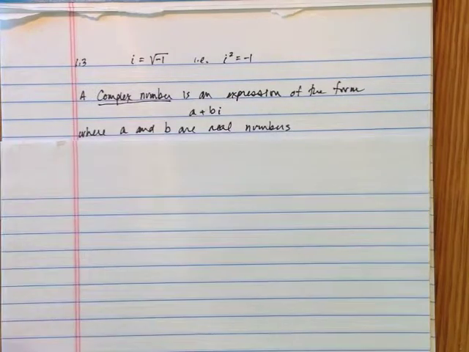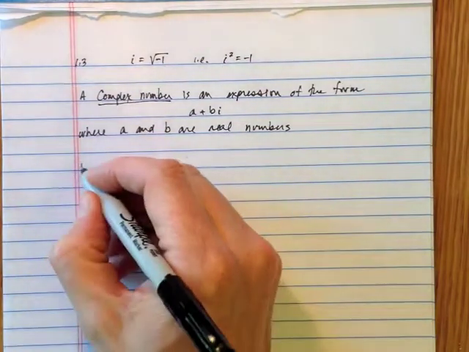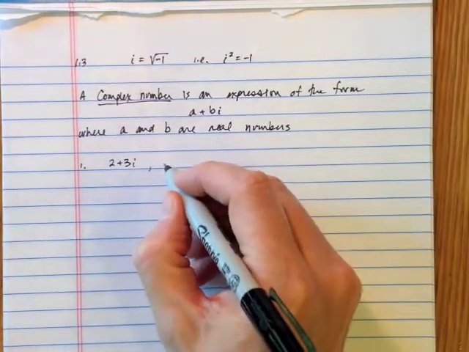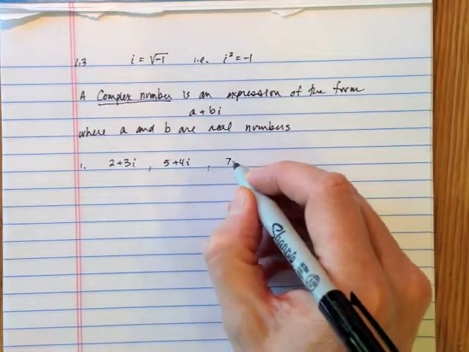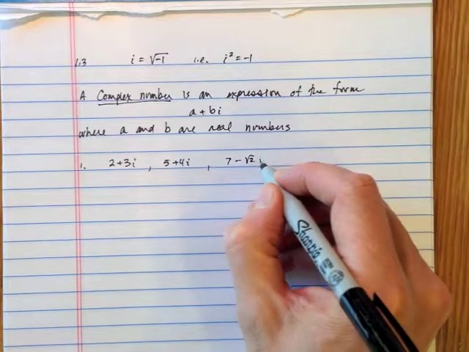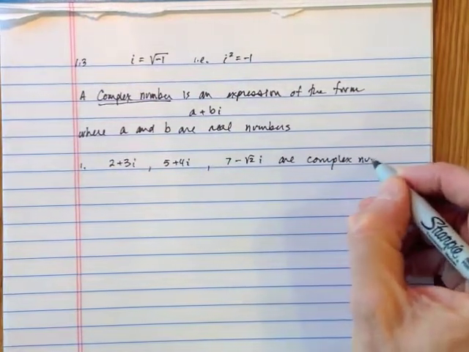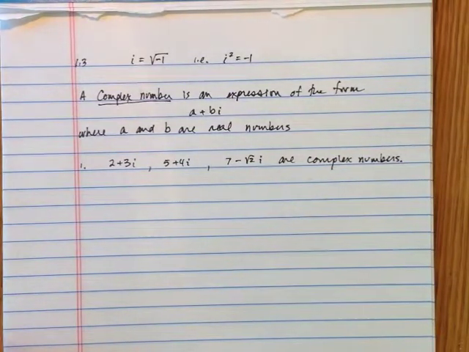i is a complex number, we call it. In general, complex numbers are expressions of the form a plus bi, where a and b are real numbers. So for example, 2 plus 3i is a complex number. 5 plus 4i is a complex number. 7 minus radical 2 i. Those are all complex numbers. We call them numbers because you can do arithmetic with them. For example,